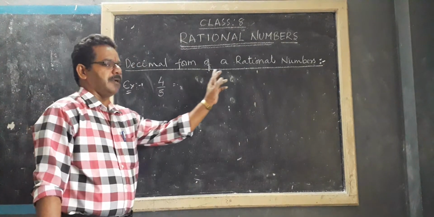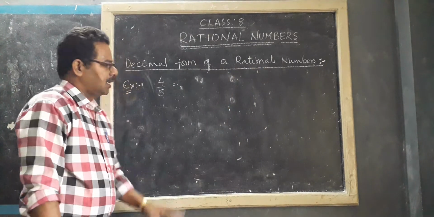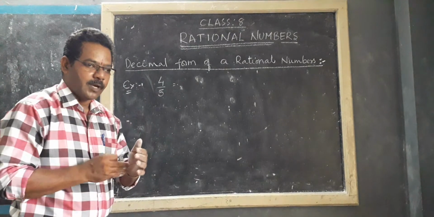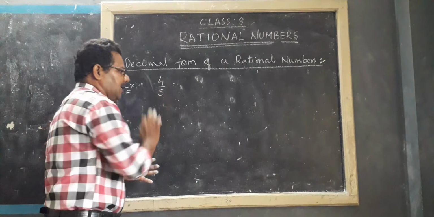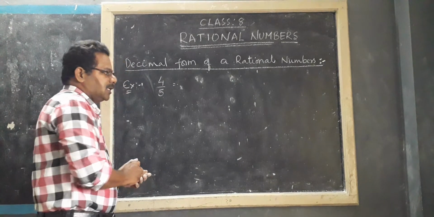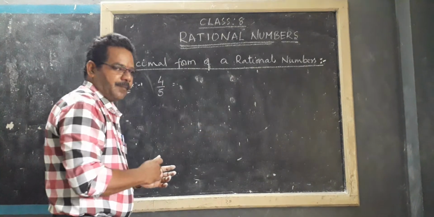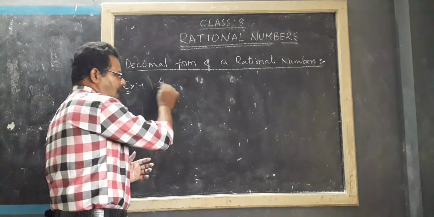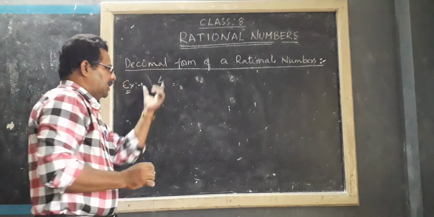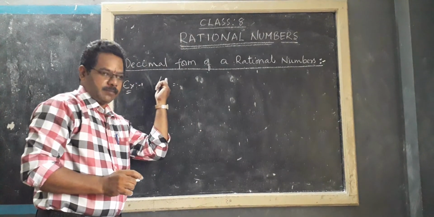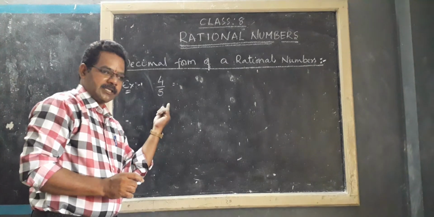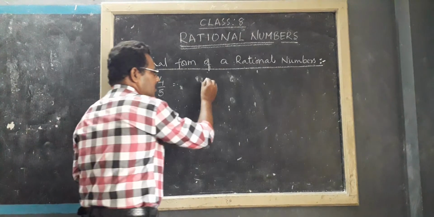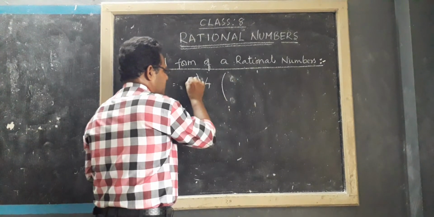Now we have to discuss the decimal form of a rational number. What is the meaning of decimal form? In your previous classes you learned about decimals, how to find decimals. Here I have taken a rational number 4 by 5. This fractional form is going to be converted into decimal form. How to convert? In this fraction the top one is called the numerator and this is the denominator. Always we have to divide the numerator by the denominator. So here I am taking 4 divided by